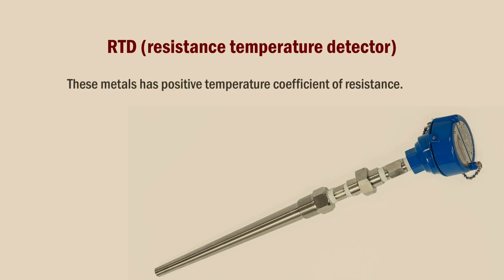These metals have a positive temperature coefficient of resistance. Positive temperature coefficient means the resistance of the element increases with temperature, while with a negative temperature coefficient or NTC, the value of resistance decreases